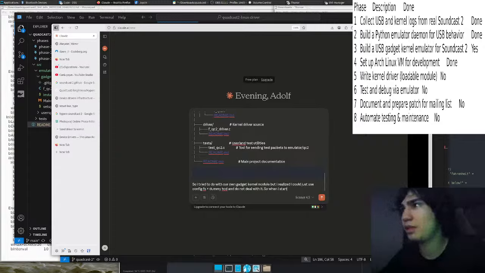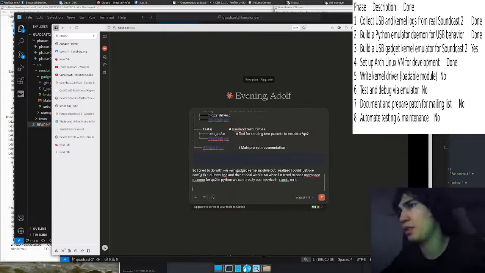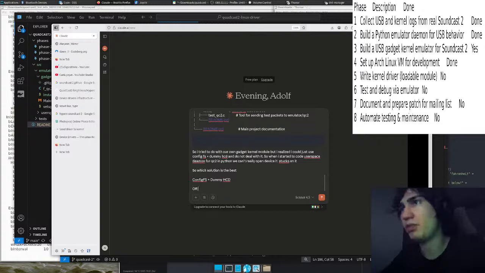When I started coding the user space daemon for QC2, Python can't really open the device, it stops on it. So which solution is the best? ConfigFS plus dummy HCD, or